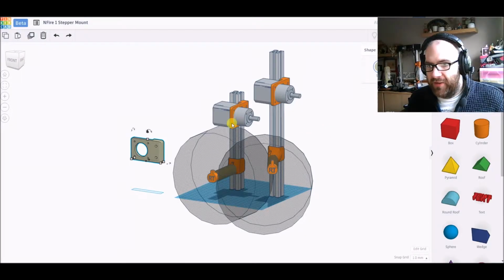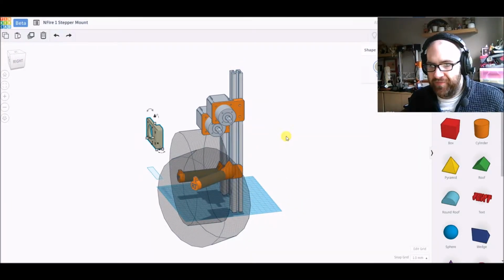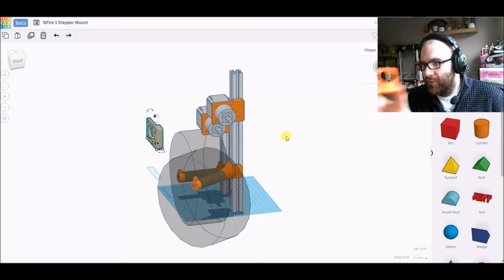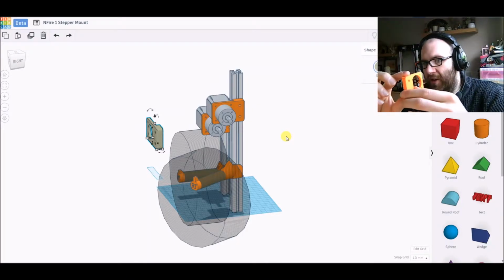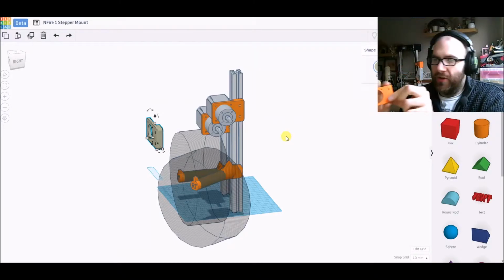So yeah, this is a bracket that will hold the stepper motor onto the 2020 extrusion, and I've actually got one printed here, as you can see. Oops, if I put it on the camera. So that should sit like that onto the,